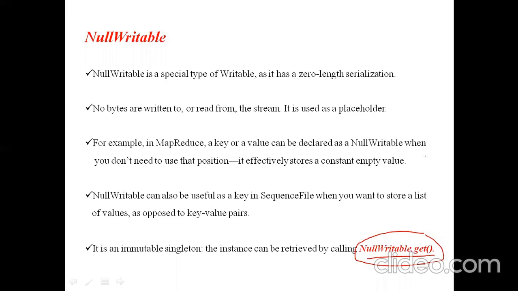We use null writable in the MapReduce program because sometimes the key will be missed but the value will be there, or the value will be missed but the key will be there. At that time we can't reject the other one; we must store it. In that case, we take help of null writable. The missing value will be declared as null writable so that it can act as a placeholder.